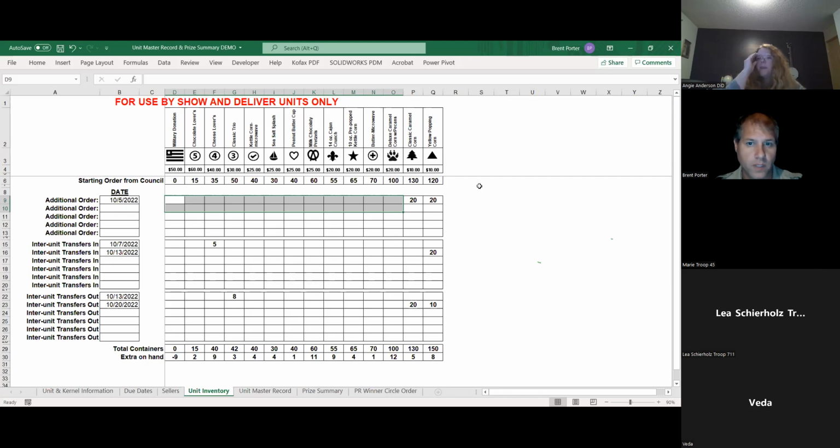So 20, okay? That is why it is so key that you utilize your unit transfers. Those don't count against you. Utilize those unit transfers and make sure that you are in touch with who has what and how much they have of it. If you are down to 5 of something and you know that 20 scouts each took 10 of the classic caramel, I wouldn't necessarily just jump out there and order more because they might return 5 each. And if you ordered 20 more, you're only going to be able to return 20 and then you're going to be stuck. Okay. This is where the Facebook page comes into play.